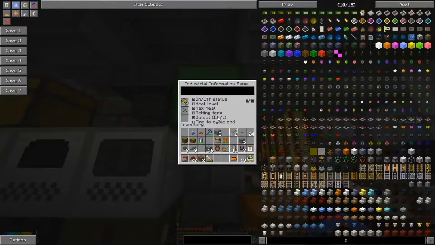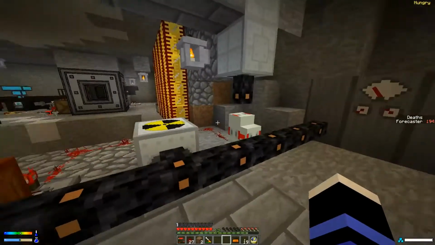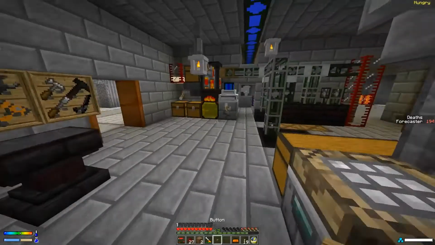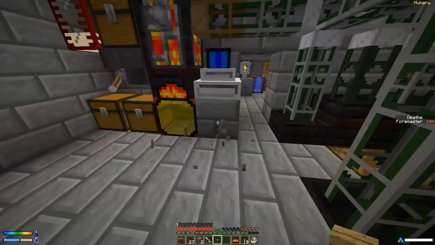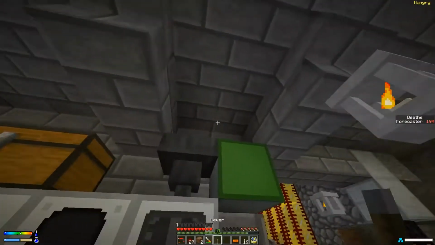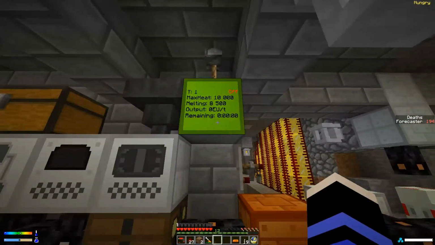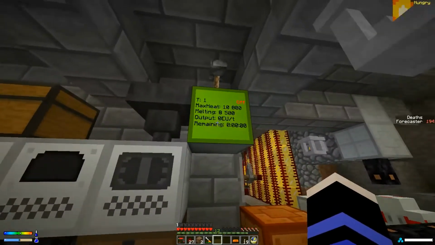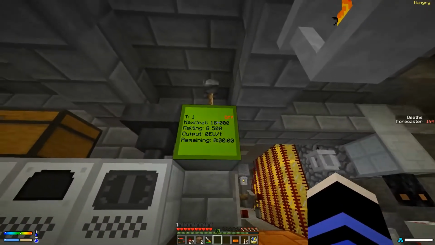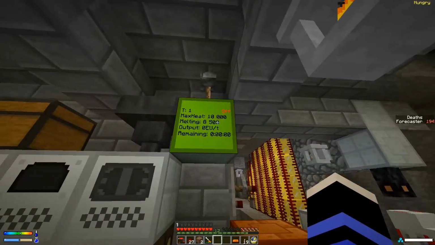And then I need to apply a redstone signal to that. Let's put this button back here and take this lever here. I can put that there. So now we get some information on the reactor, and it has no fuel in it right now, but we can see its melting temperature, which is where